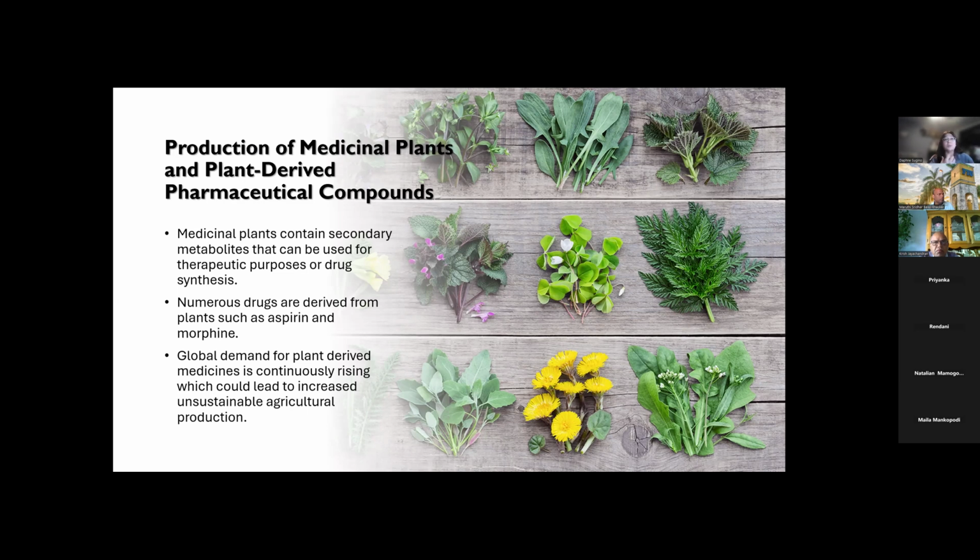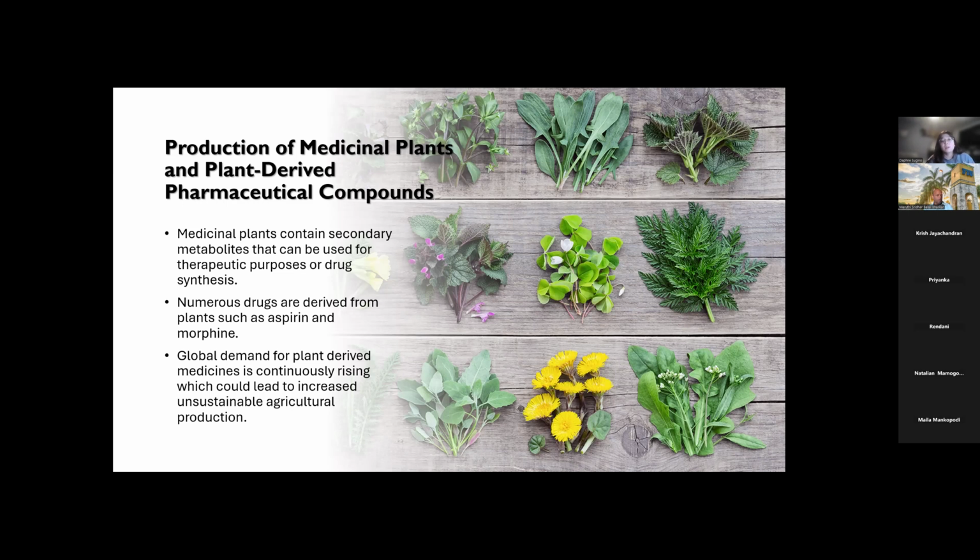A super popular drug that everybody pretty much consumes is aspirin, which is made from this plant called F. ulmaria. We also have morphine, which is something that a lot of people have used if they've been under surgery before. And this comes from a plant called P. somniferum. And so plant-derived medicine has actually been a source for healthcare for humans throughout history. In fact, about 85% of the global population uses some form of plant-derived medicines to treat disease or any kind of pain. And so as a result, the demand for medicinal plant productions is actually steadily increasing worldwide.